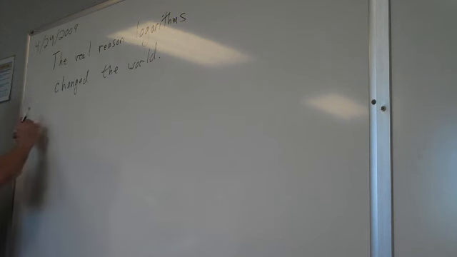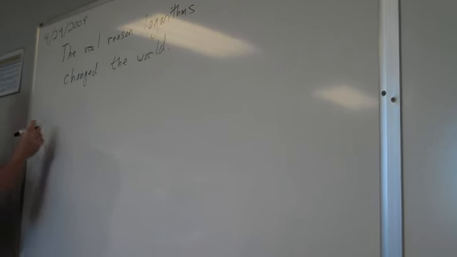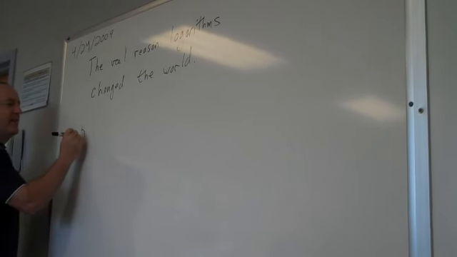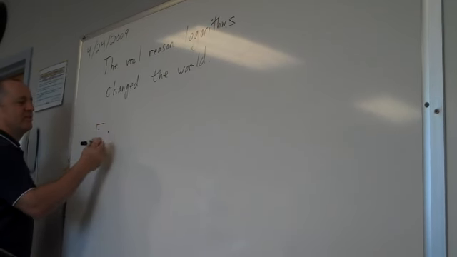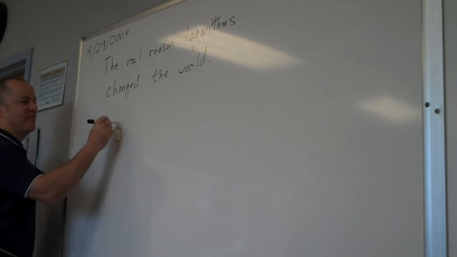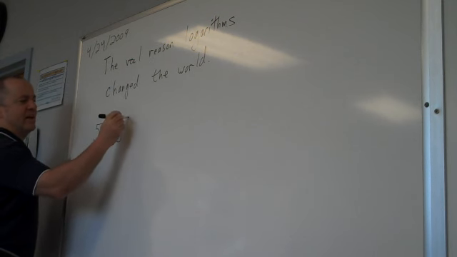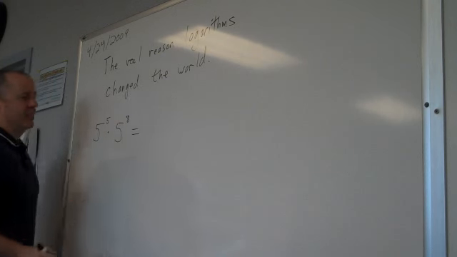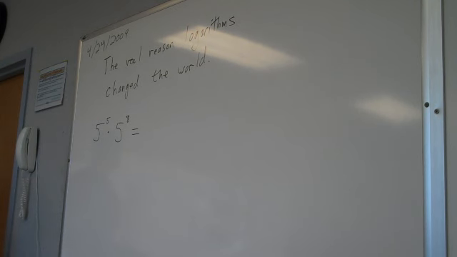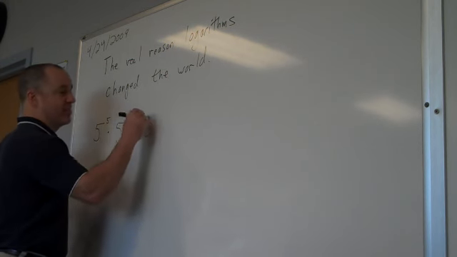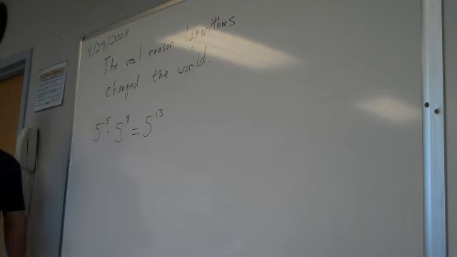Okay. Now, the real reason logarithms change the world. If I have two expressions with exponents in them, if I have 5 to the 5th and 5 to the 8th, without figuring out the actual number, tell me what you can do with this to simplify it into one expression. 5 to the 13th. Okay? Now,